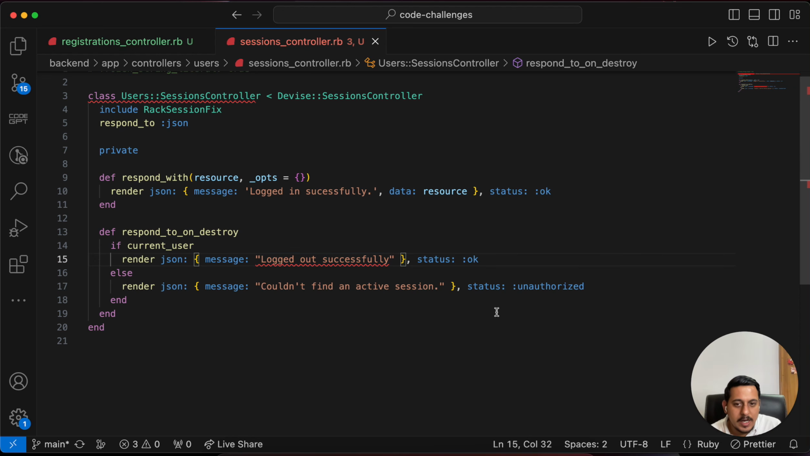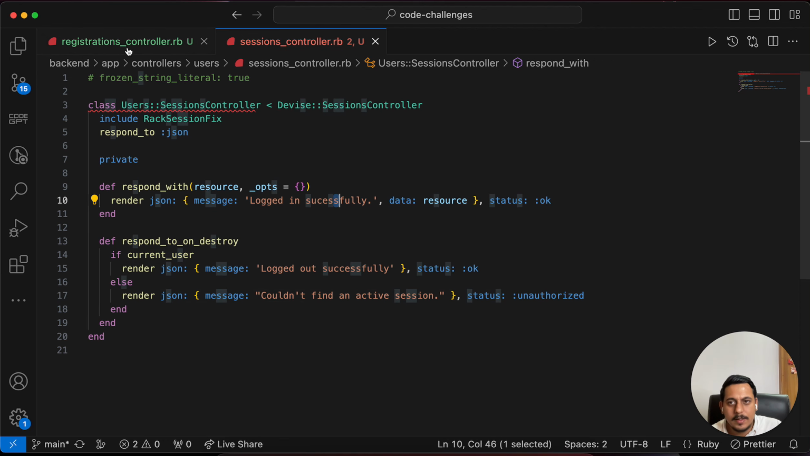Whenever a user gets created, or whenever we are trying to delete a user, respond_to on destroy will get called. This will get called, and if the user is currently available, they are already signed in. In that case, they can definitely log out, yes, because we are working with session. That particular user can log out. But if they are not logged in already, then how can they log out? So in that case, we will return an error that couldn't find an active session and it is an unauthorized user. Okay,